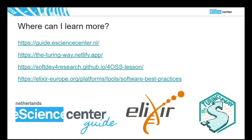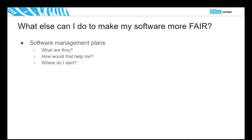Basically, all of these resources are really basic, hands-on ways of showing what commands you need to start typing in order to develop better software. These are all step-by-step guides that help you get started. So I recommend looking at them; they're useful resources for getting started. Another thing is that all the guides are practical steps on how to get started with your coding and making your coding better. But there's also the more